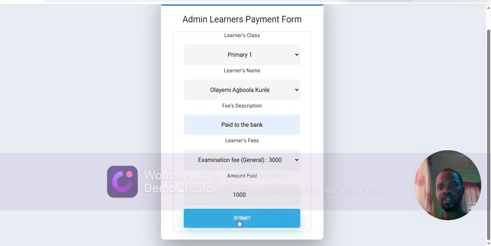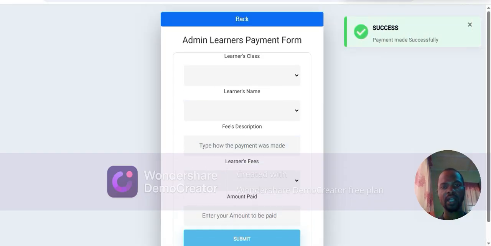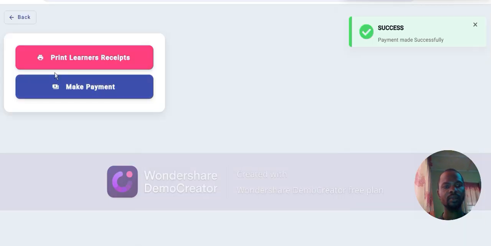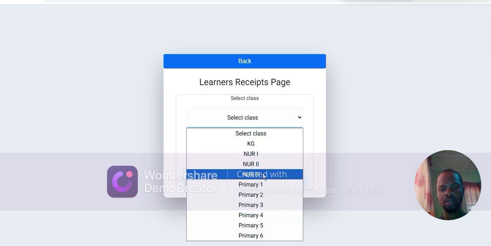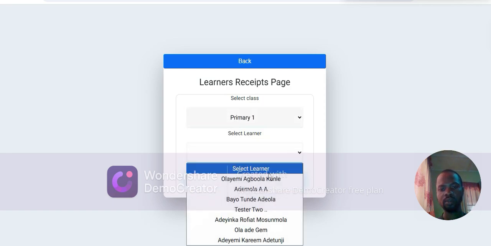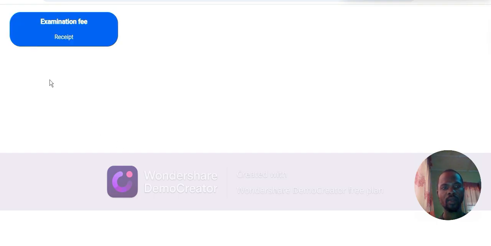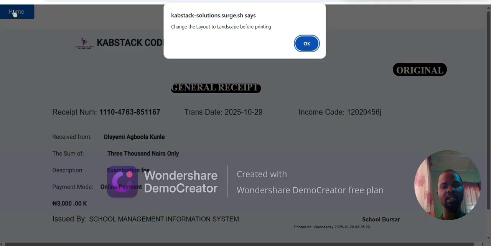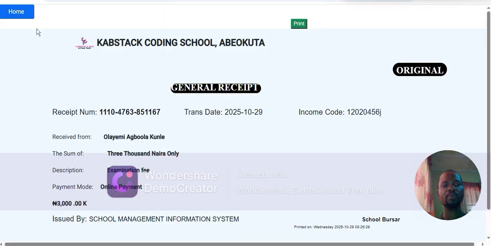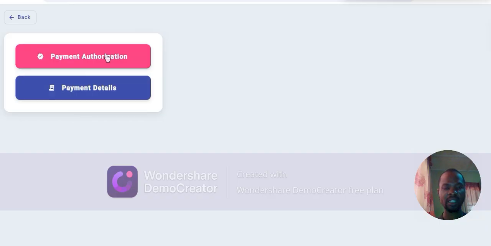So let me submit. So if we try and check now, let's try to print the receipt. So probably this Agbola. So you can see we have access to the receipt now. We can print, and the learner can as well print the receipts from their dashboard. So that is that. And if you check the payments,